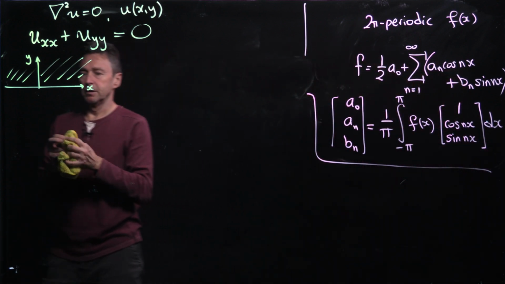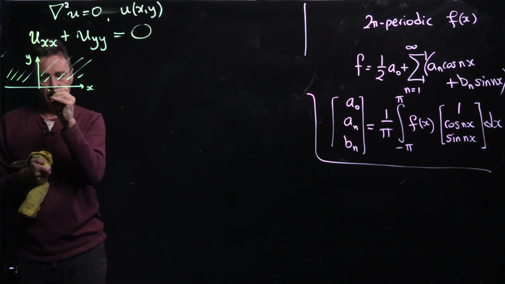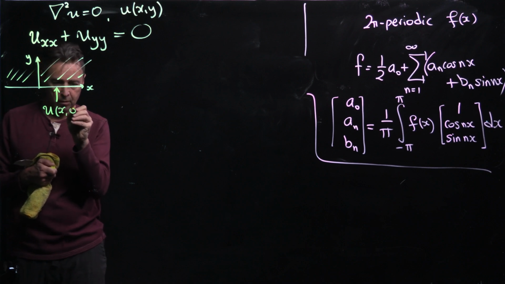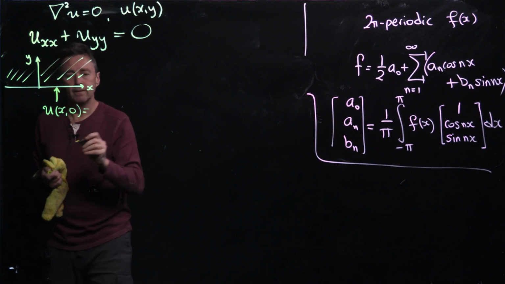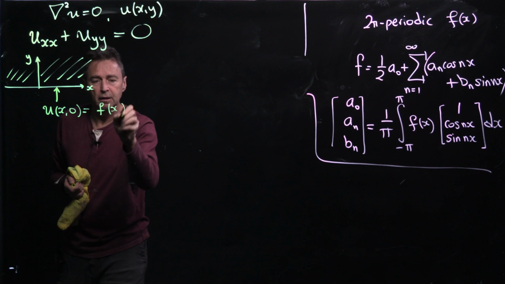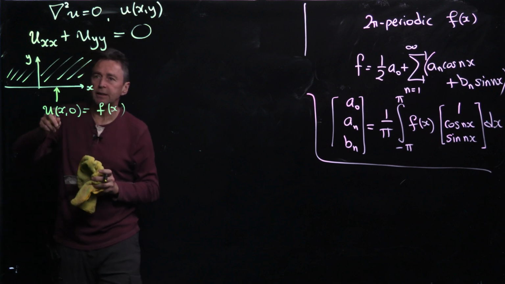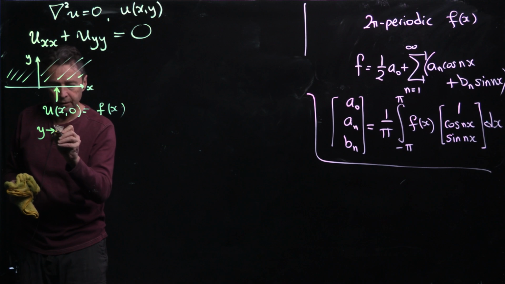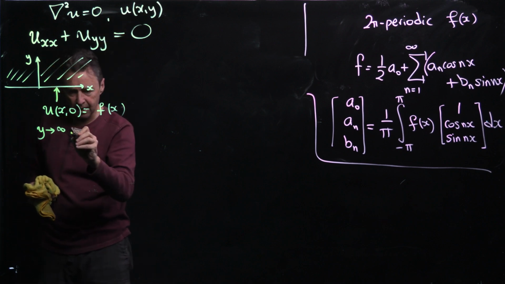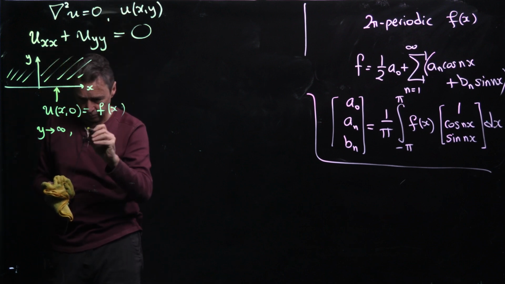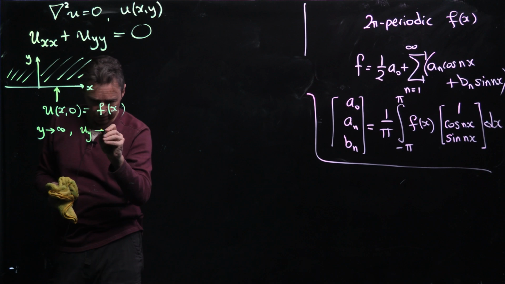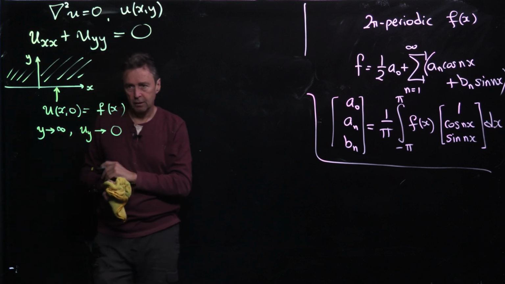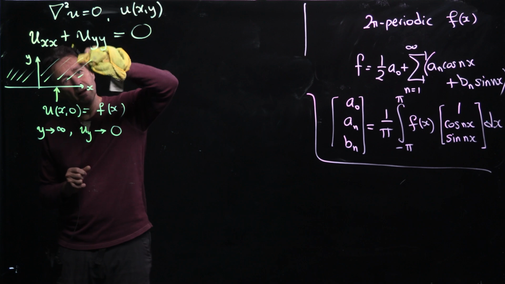That means I'm going to have some condition at y is equal to 0. That's going to equal something. Let's call it f of x. And then I'm also going to demand that as I go off to infinity, as y goes to infinity, things decay. Things go to 0 as I go through the roof. And in particular, I'm going to say that the y derivative of u goes to 0 as I go through the roof. And then let's take a strip